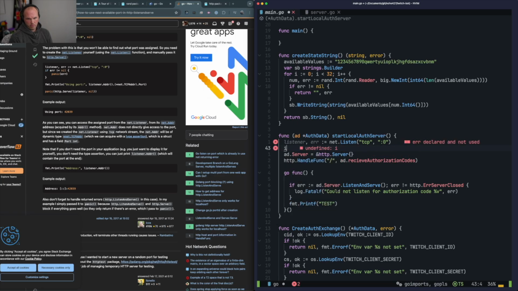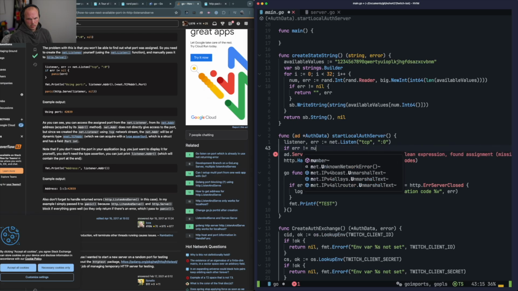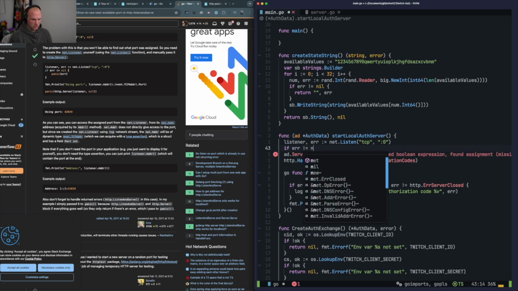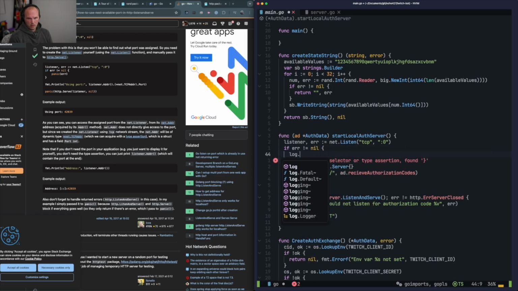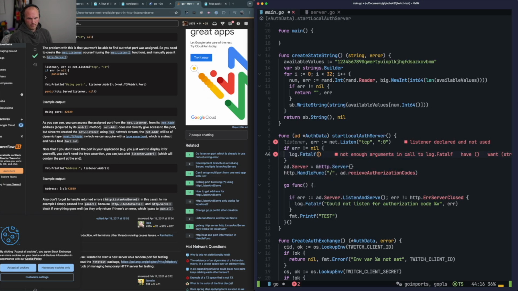If error does not equal nil, log.Fatalf, listener could not be created, %s error, then